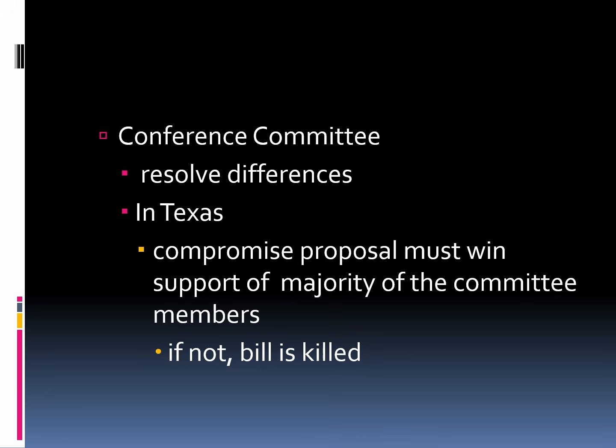Okay, I talked a little bit about the conference committee already, and I said this is the way to resolve the differences. If a bill comes out where there are a little bit different versions of the House bill and the Senate bill, only one bill can go to the governor. So it goes into a conference committee. The conference committee is a very important committee because this is the one that's going to be able to resolve these differences. But before they ever meet, who is put on that committee is a big deal. It's a powerful committee.